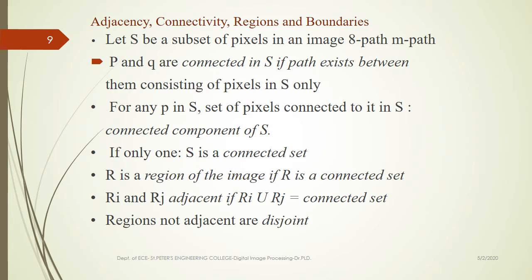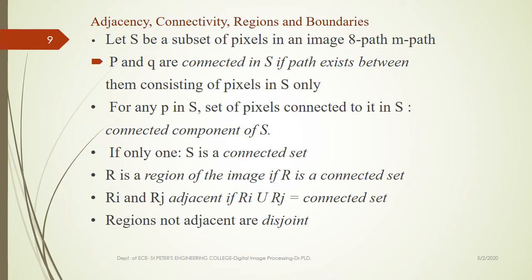If P lies in a given set, that is called a connected component of S. If only one pixel P appears in the given set S, we will call S a connected set. P only appears in the given set of S means that it is a connected component of S. But if S consists of only one, that is called S is a connected set, with that particular pixel only, that given set of pixels connected to some other set of pixels. In that case, we'll call S a connected set.